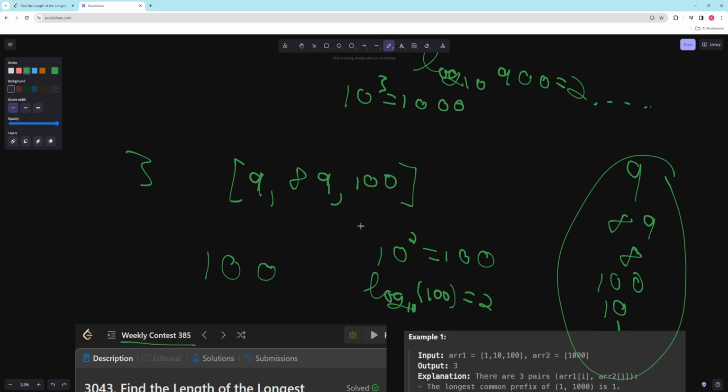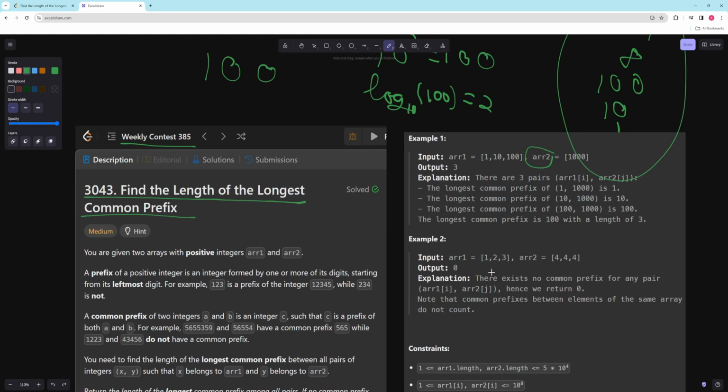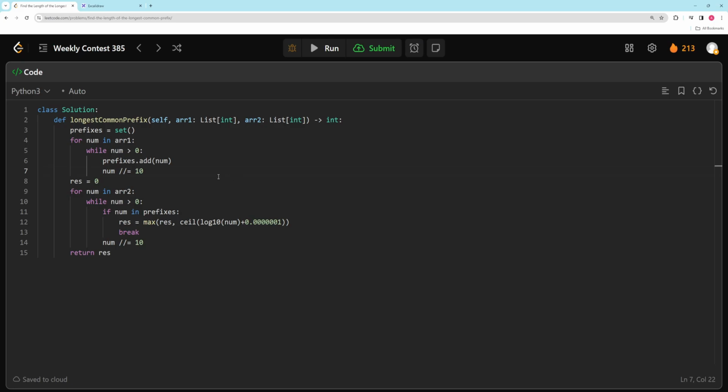And then whatever prefix has the biggest length out of all the numbers in array 2 that you found is going to be your answer. So we can take a look at the code. I basically made a set of prefixes, and then for every number in array 1, while the number is greater than 0, I just keep adding the number and keep dividing it by 10 to get every single possible prefix. Then we have a result, and for every number in array 2, while that number is